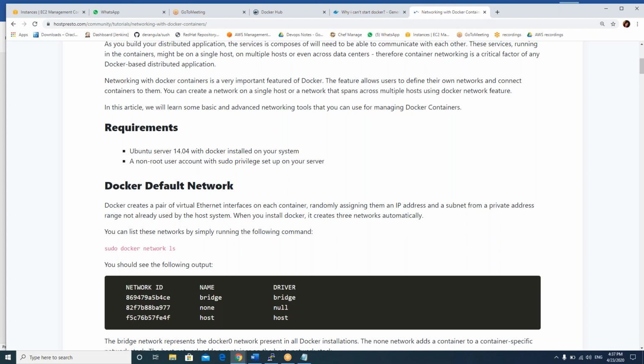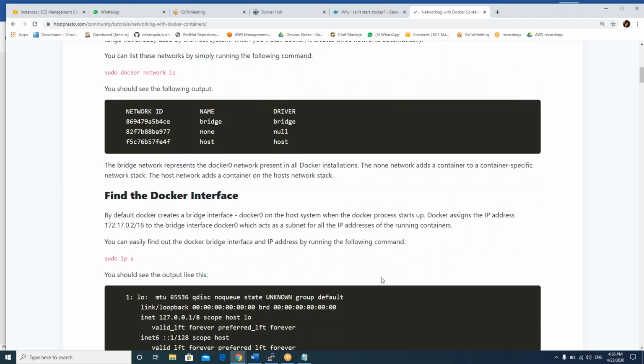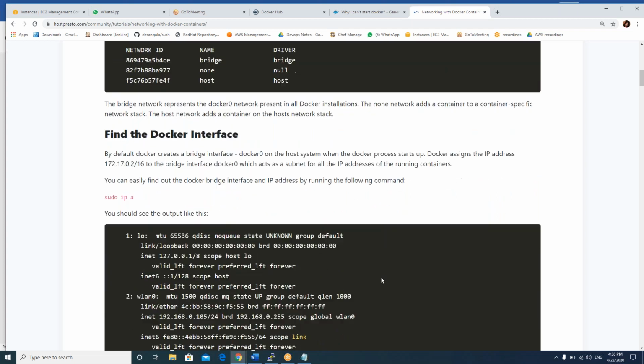Yes. You can do it in one more way also. Instead of changing the default network, what is the default network? The 172 series. Yes. Keep it like that, and you can create one more virtual network also. The command name is docker network create. Come down, I think it is there in this. You can create one more network also.